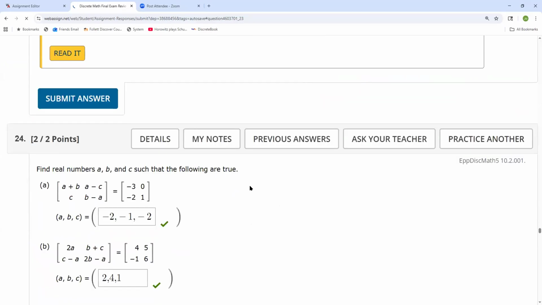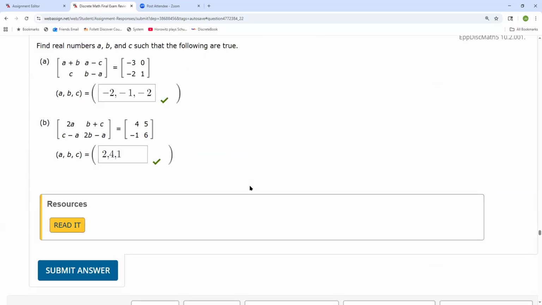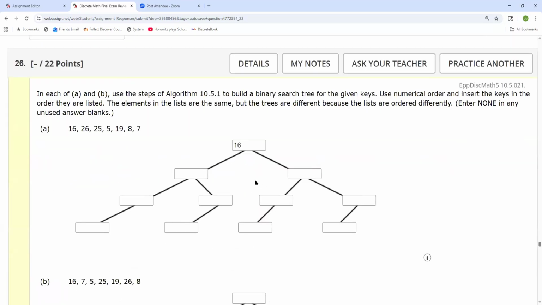Okay, so now let's go to the binary tree. So this one says use the steps of algorithm 10.5.1 to build a binary search tree for the given keys. Now, this specific algorithm is probably the most basic one. It does not guarantee that your answer will be balanced. And in real life, it's critical for speed and efficiency to keep your binary trees as balanced as possible. This algorithm, the balancing of the tree depends completely on the order that the keys are given to you in